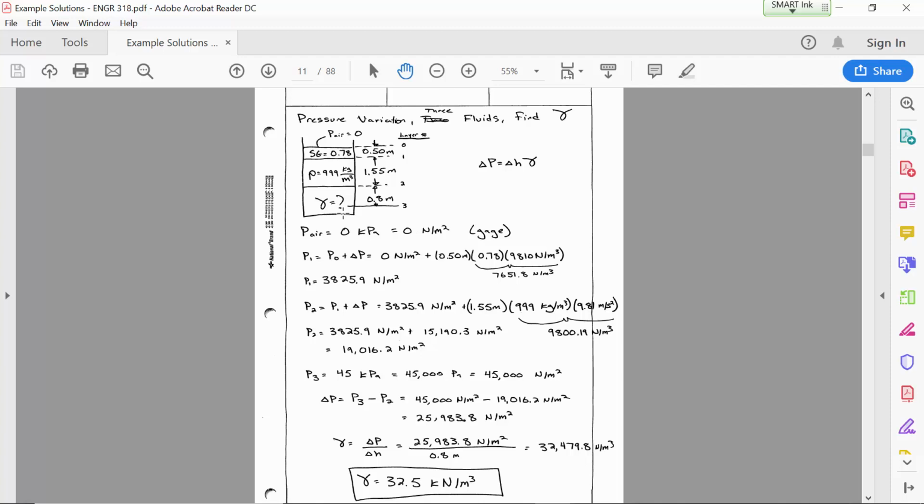Maybe in a quiz or on a homework assignment, the unknown thing will be to solve for the delta H. You know, like how far down into a liquid do you have to go in order to see a certain pressure? That would be another way of applying the hydrostatic equation. The point is that we can solve for any one of these variables as long as there's some way for us to determine the others. And in this case, when we didn't know the pressure and we didn't know the unit weight, the thing that we could do was we could calculate the pressure at 2 by looking at all of the layers above it.